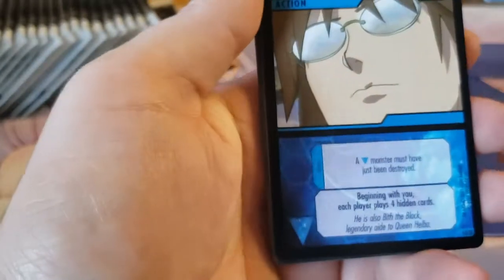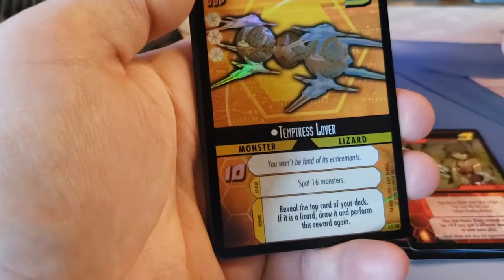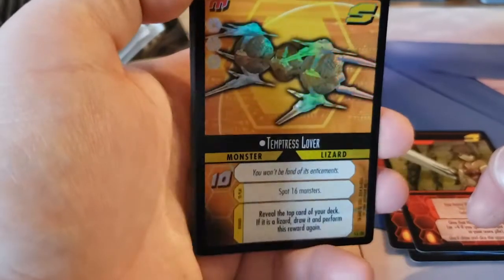Next up, Ichiro Sato, Dejected, Karin. Oh, there we go. Well, that's not a phase. That's a lizard, but it's still cool. Temptress Lover, Monster Lizard,